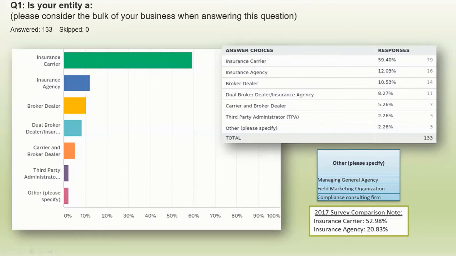So when evaluating these questions and their response rates throughout, I think it's important for anybody on the line, whether you're a service provider, an agency, or a carrier, depending on the types of business that you do and the majority of the business that you do, you may want to frame that as far as any decisions you may make as a result of this presentation. So